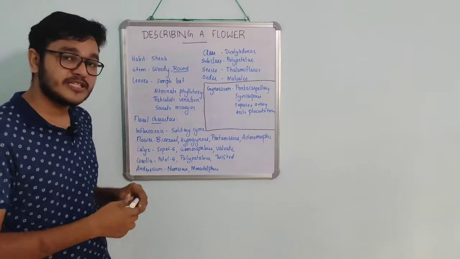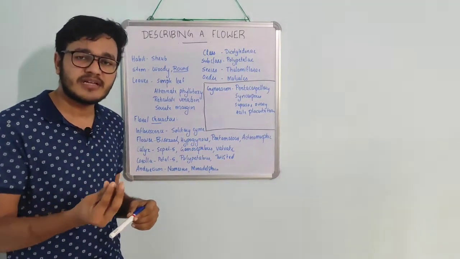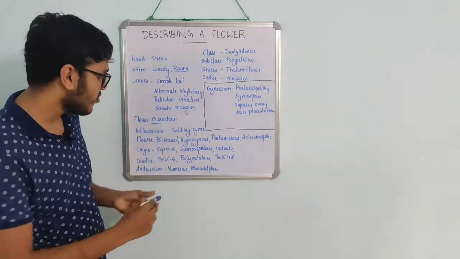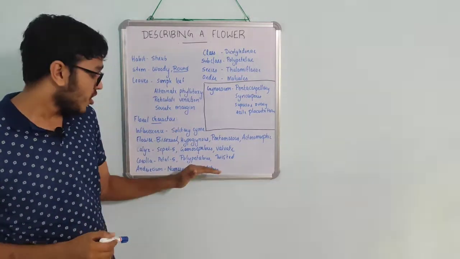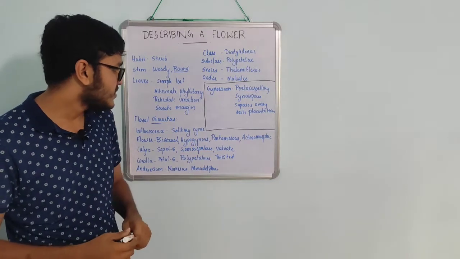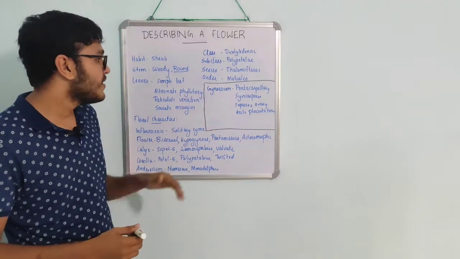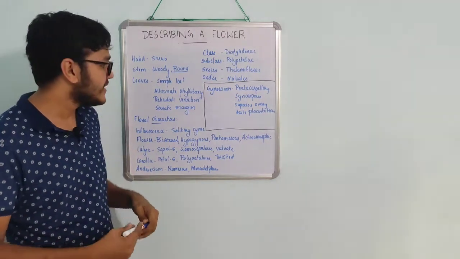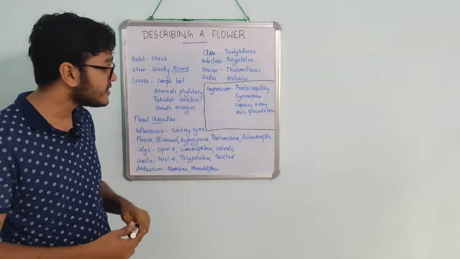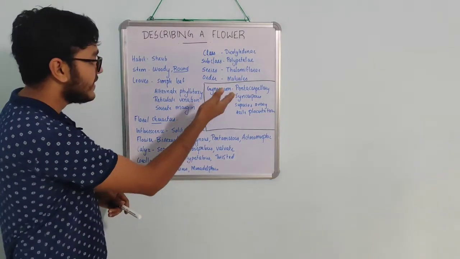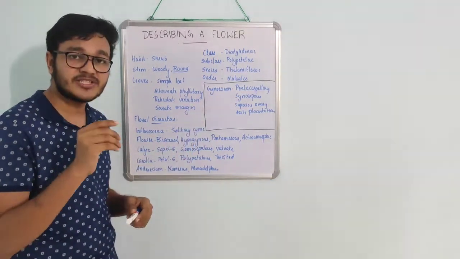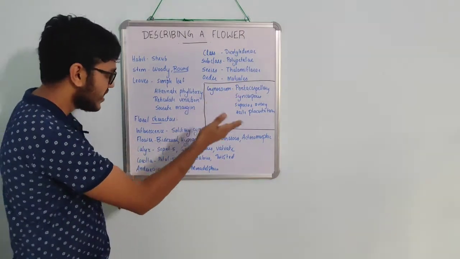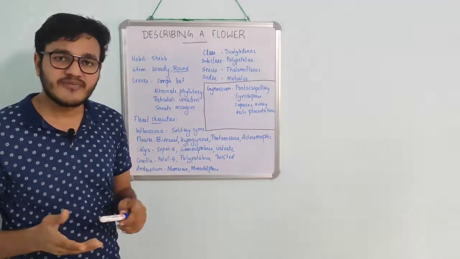And the androecium, it is numerous in number. If you see the flower itself, there are numerous stamens which are attached to a single column, that is monodelphous condition. It is arranged on a single column, that is monodelphous. And coming on to the gynoecium, it is pentacarpellary, that is 5 carpels are seen. It is all fused, hence it is syncarpous, and as we have mentioned before, it has superior ovary, and the placentation is axile placentation. So these features of the gynoecium can be seen only after the cross section of